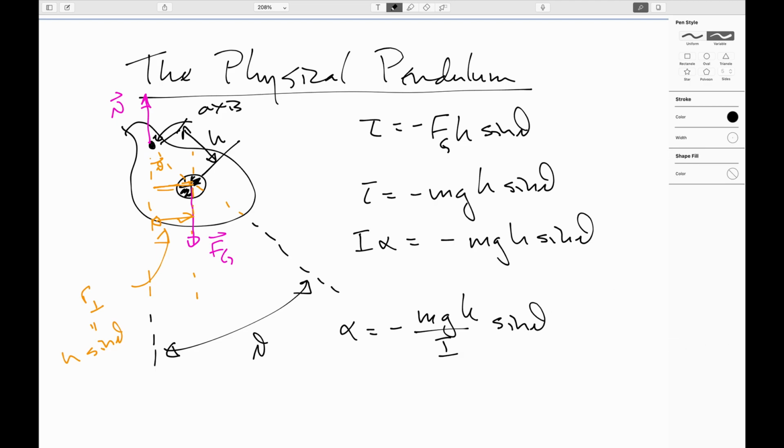So in general, this is not a simple harmonic oscillator. But physicists don't leave well enough alone here. It is a general rule of thumb that any sort of restoring force or restoring torque will look like a simple harmonic oscillator if the angles or the displacements are small enough. So kind of taking that clue,